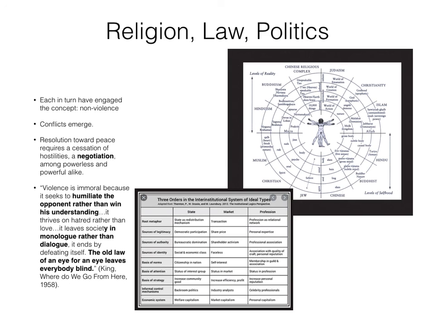And this concept ends by defeating itself. It's like a snake eating its own tail. And he sums it up this way. And this is the difference I want you to see, is there's the old law and there's the transformation of new law, and this is all part of the negotiation of human beings who construct what they believe the law is. And so the old law of an eye for an eye leaves everybody blind,